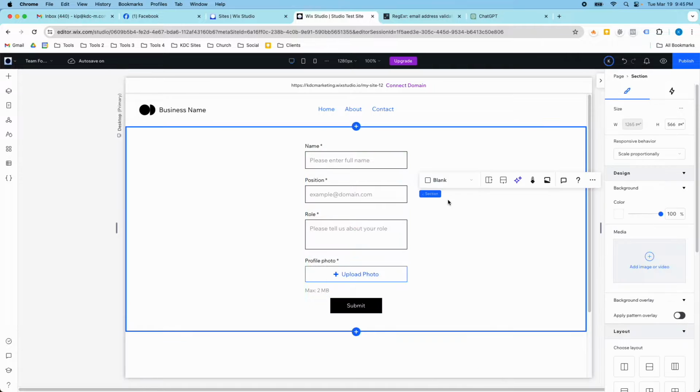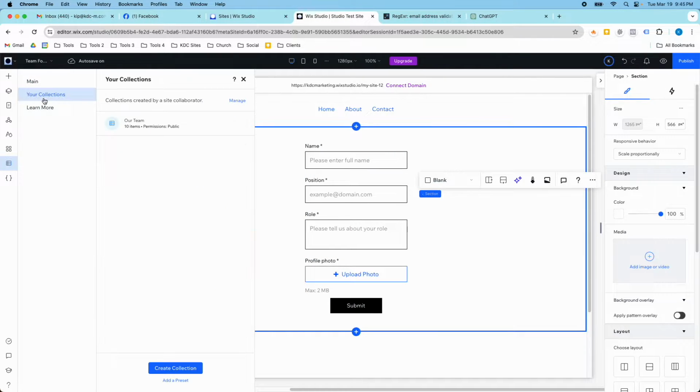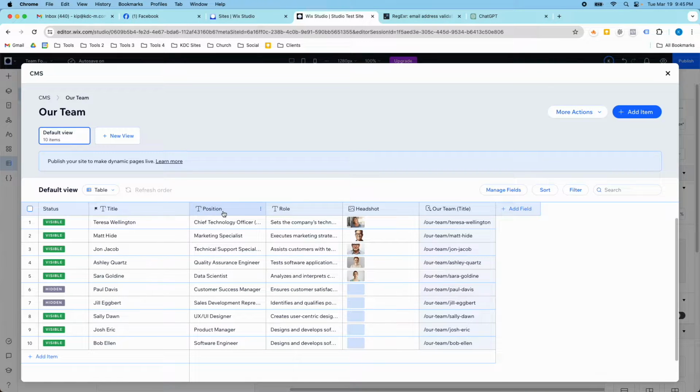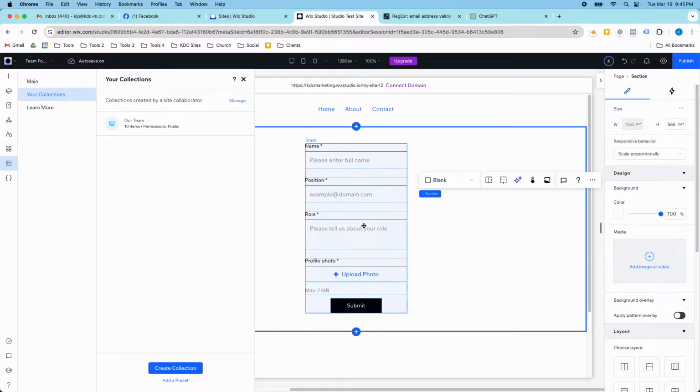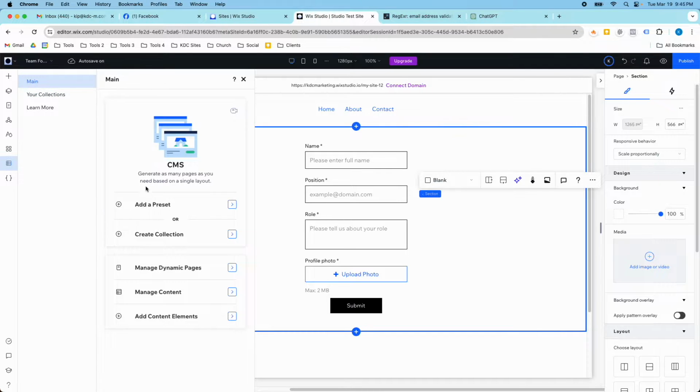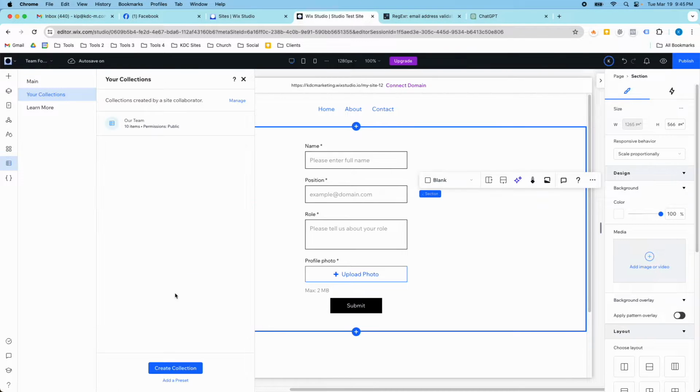Okay, so I've got my form here. This is everything I need: the name, the position, the role, to match our content management system. So we have name, position, role, and headshot. So I've got everything here. So now what I need to do is, when I go to my collection or to my CMS, I'm going